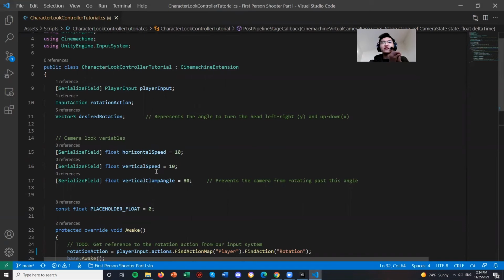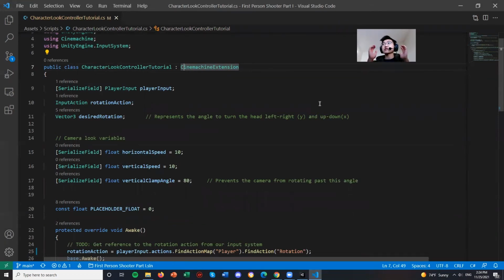The whole point of an interface is to design it so that any implementation that someone can think of will not mess up your system. So that's what Cinemachine is doing. Cinemachine is creating this interface for us, right? In this case, it's a superclass called CinemachineExtension